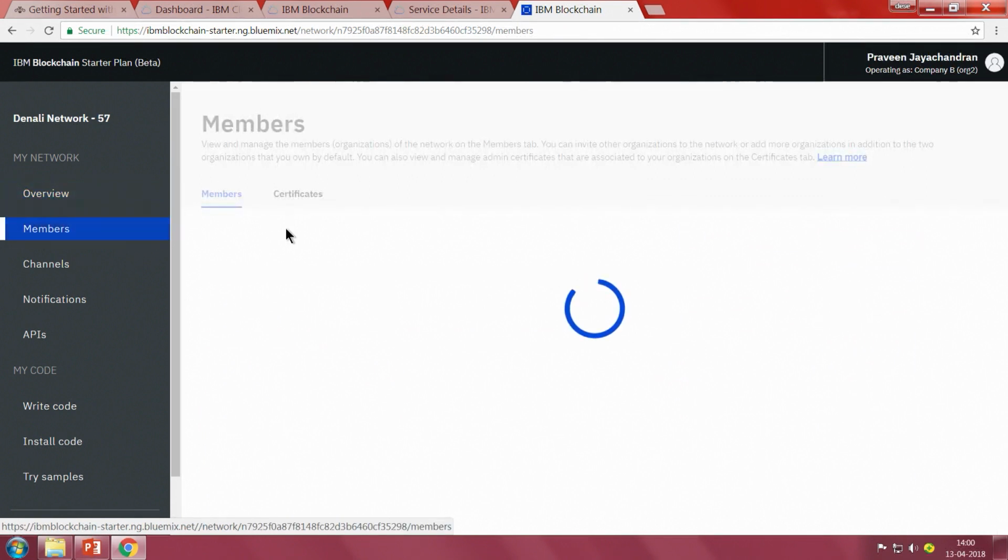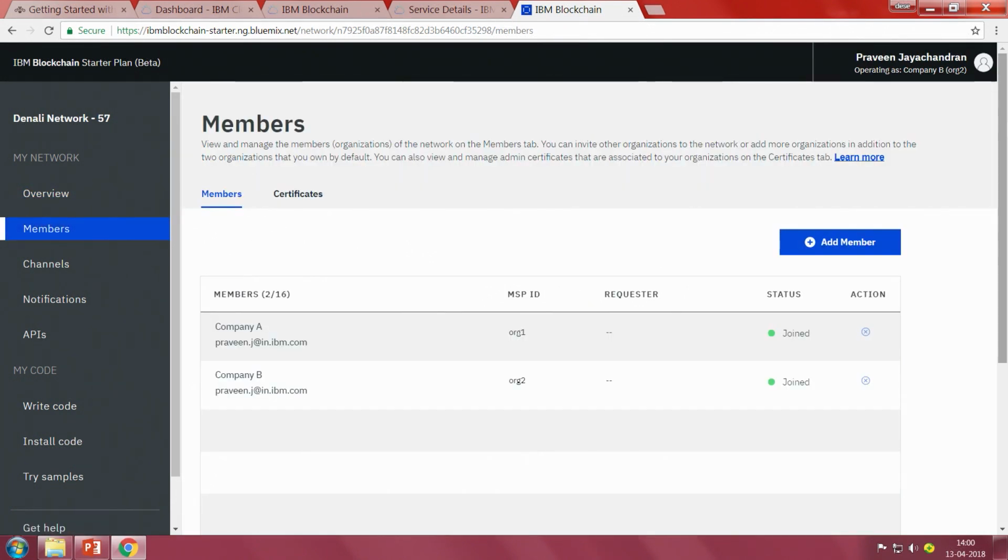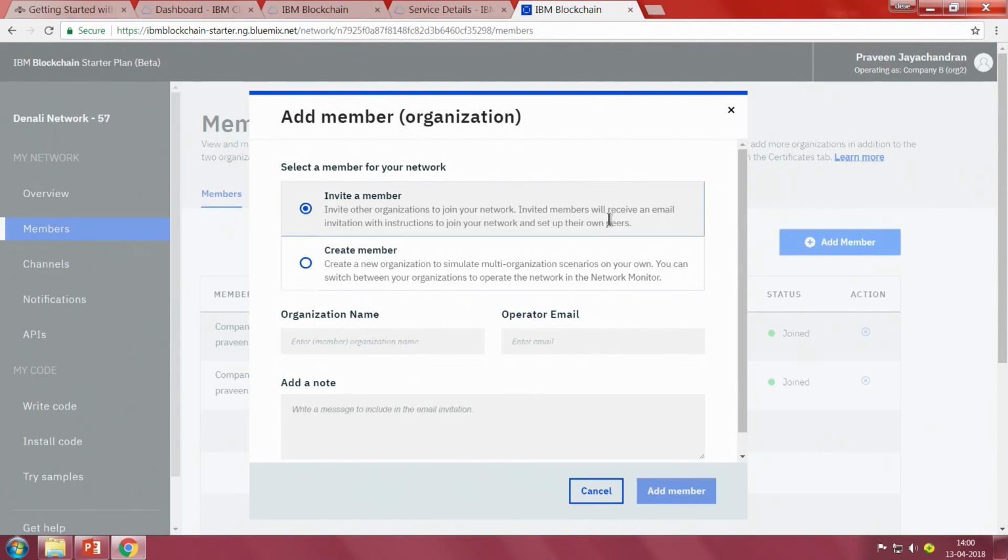If you go to the members tab on the left, you will see who the members of this network are. There is one organization, company A, and you can edit that name if you would like to. There is a company B, or 2, and both of them have already joined the network. What you can easily do is add a new member.